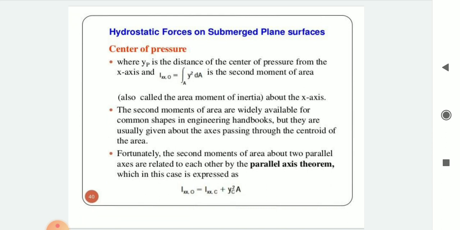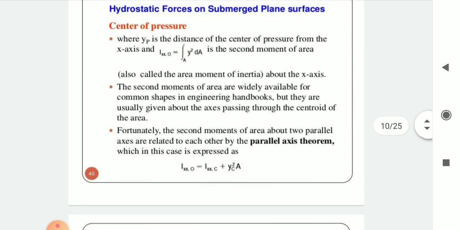integration y square dA over the area A is the second moment of area, also called the area moment of inertia about the x-axis. The second moments of area are widely available for common shapes in engineering handbooks, but they are usually given about the axis passing through the centroid of the area. Fortunately, the second moments of area about two parallel axes are related to each other by the parallel axis theorem, which in this case